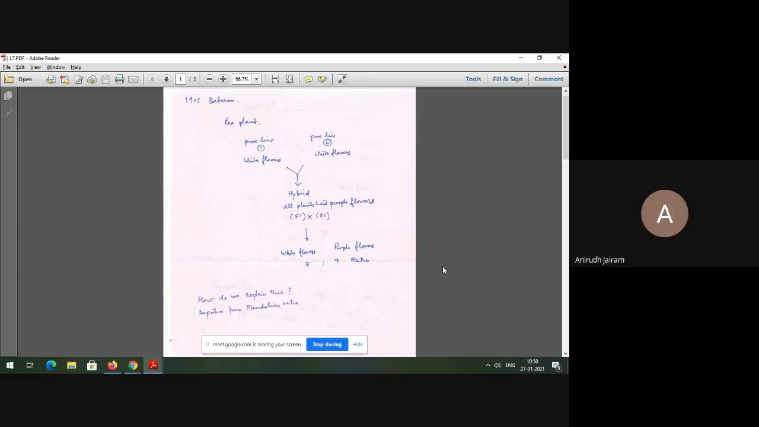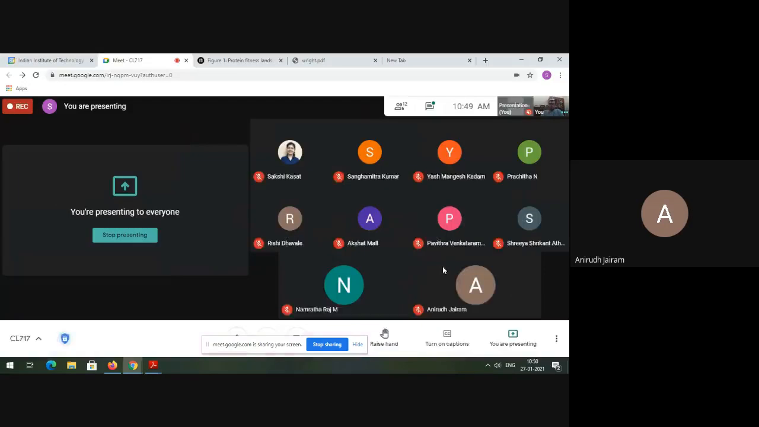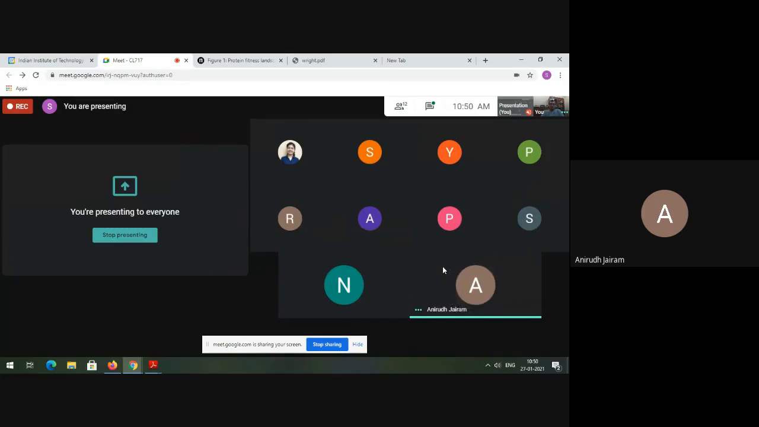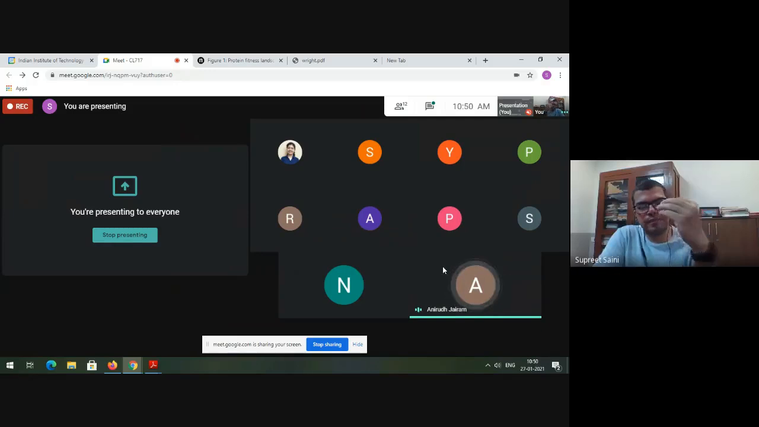He didn't take into account the role of other genes on that particular trait. So maybe the color white is dependent on multiple proteins or something of that sort. Correct. Yeah, exactly. He did actually. So